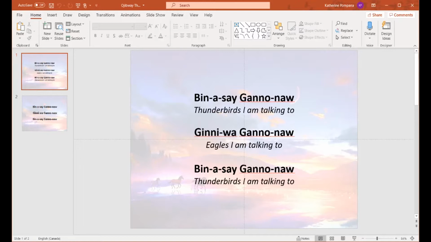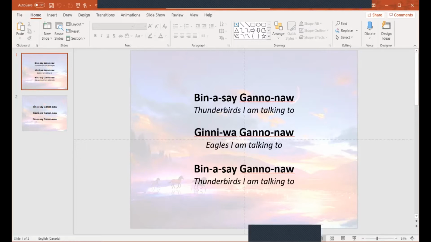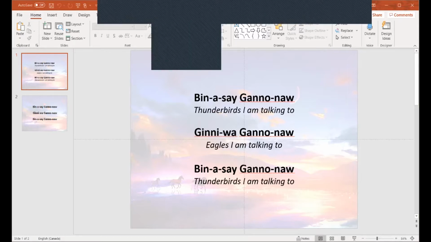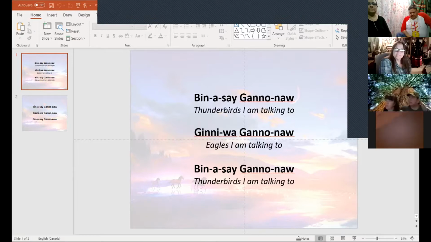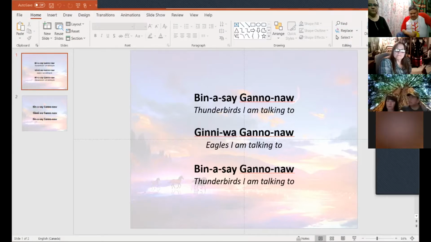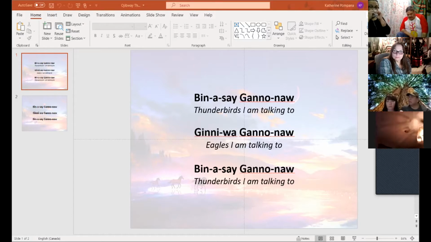So this particular song, the Thunderbird song, originates from Saging. It comes from the Turtle Lodge. I believe Davy Cushane and some of the singers over there were given this song through fasting and dreams, and it's one of the more familiar songs sung at Sweat Lodge, at Sundance, and at other ceremonies.